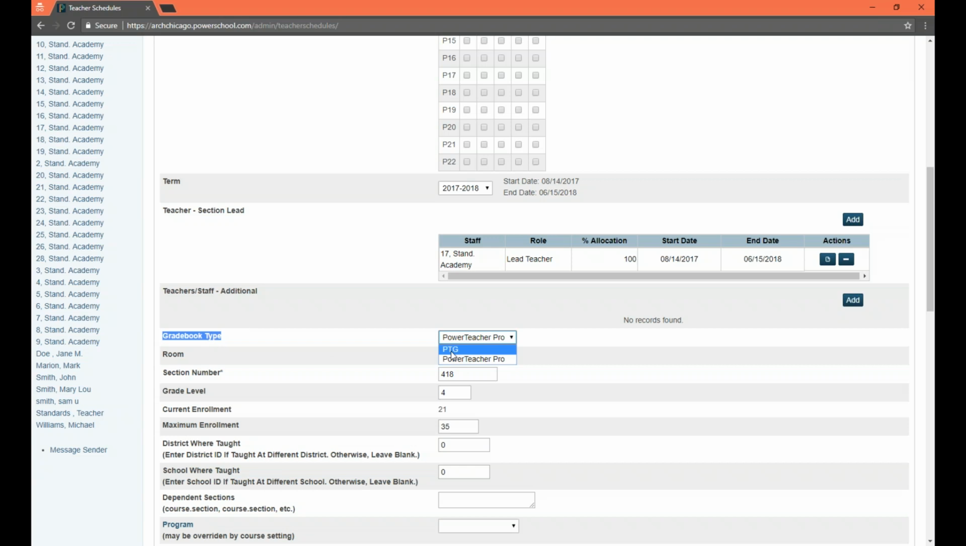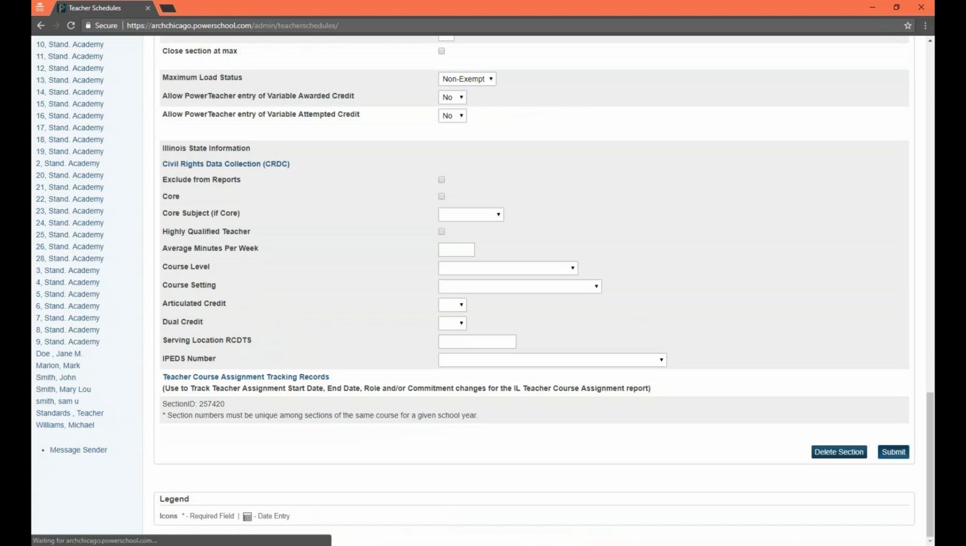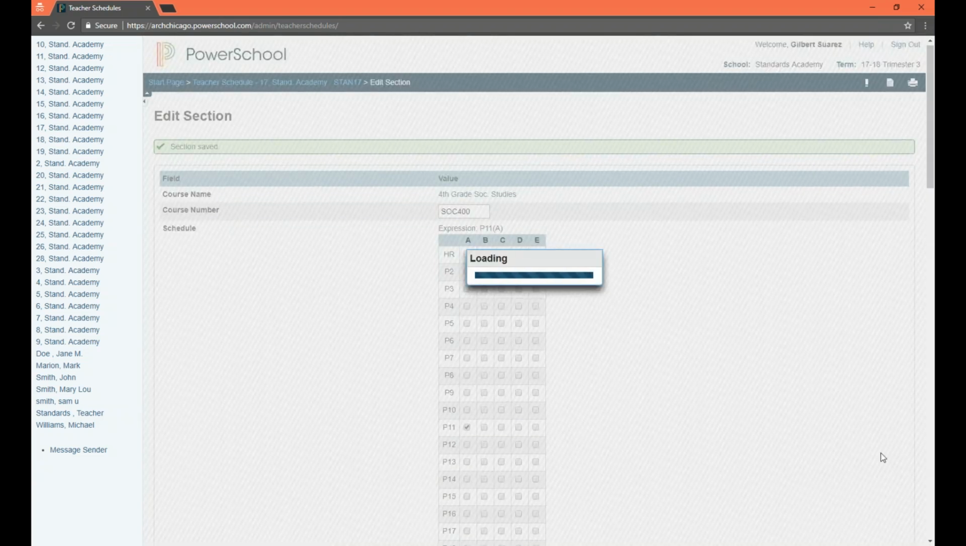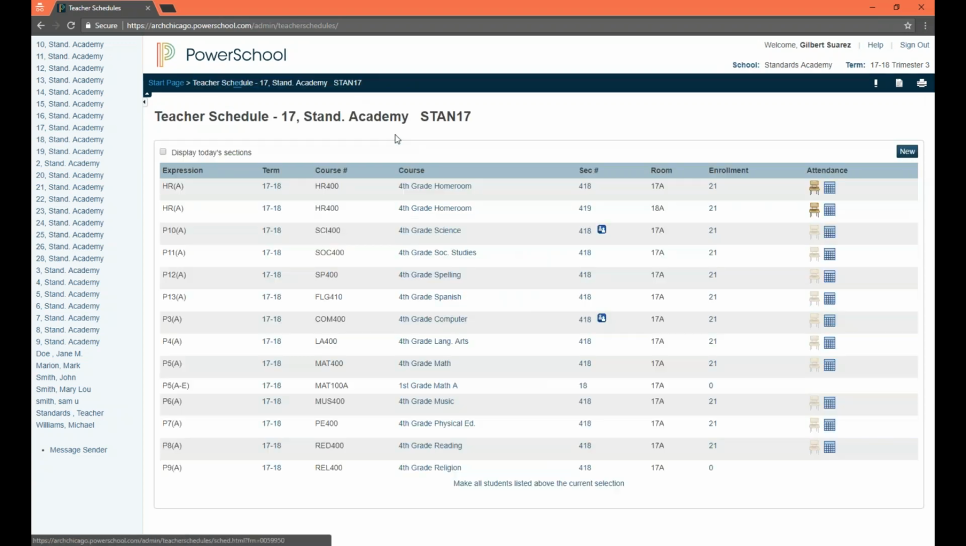When you look at the drop downs, you should have two: a PowerTeacher Pro gradebook and a PowerTeacher Pro link. Everybody that has not switched to PowerTeacher Pro yet should be set to PTG. To turn on PowerTeacher Pro, you simply switch that class's gradebook type to PowerTeacher Pro and hit submit. As far as the administrator is concerned, that is all that needs to be done for that class. If a teacher has 10 classes and you want to switch all of their classes, you have to do it for each individual class,